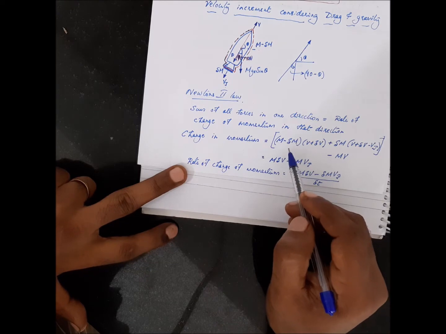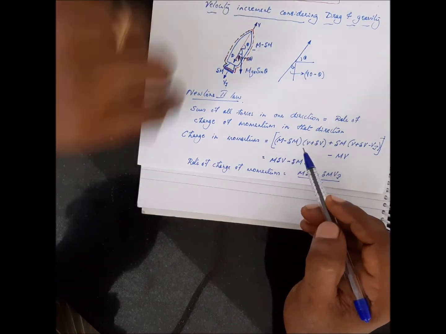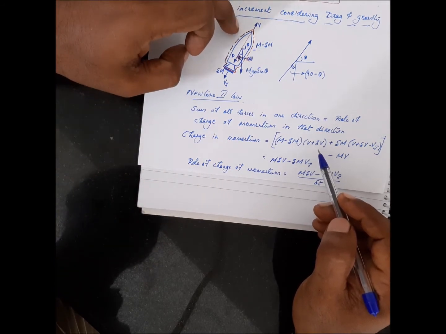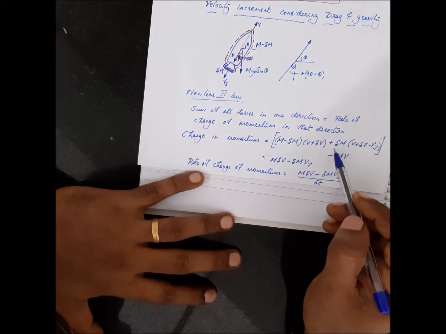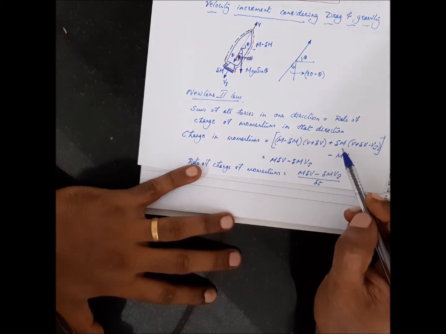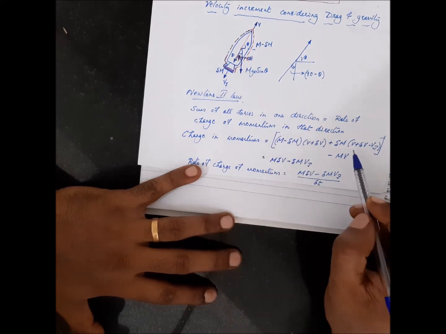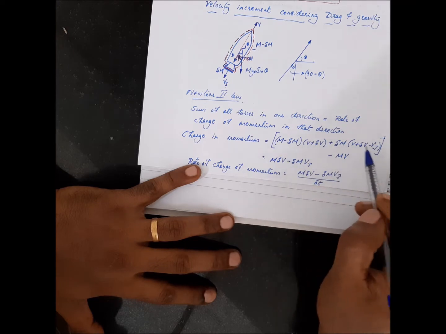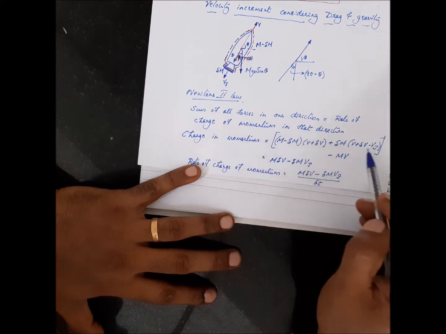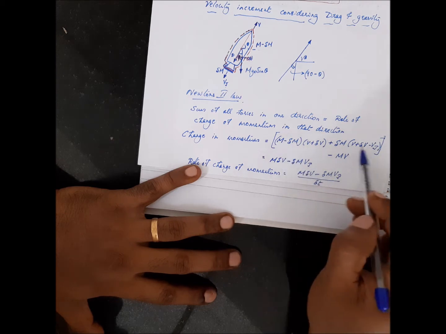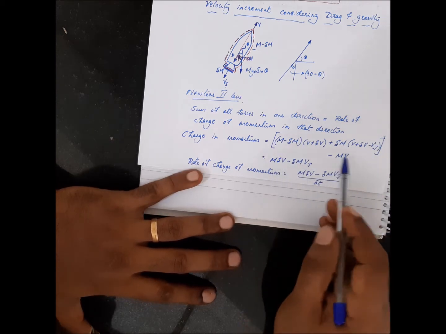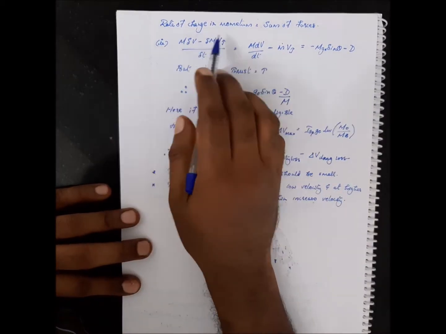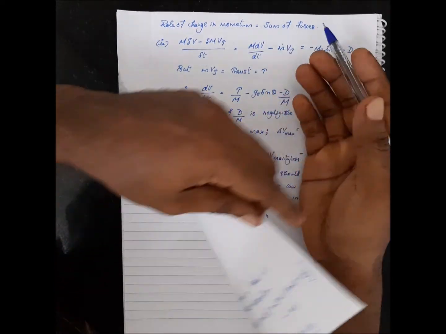The momentum at time t plus delta t is m minus delta m, which is the mass of the rocket, times v plus delta v, plus delta m, the ejected mass, times v plus delta v minus vj. The change in momentum is the final momentum minus the initial momentum. If you simplify, you get to this form. The rate of change of momentum is this divided by delta t, and it is equal to the sum of all forces.